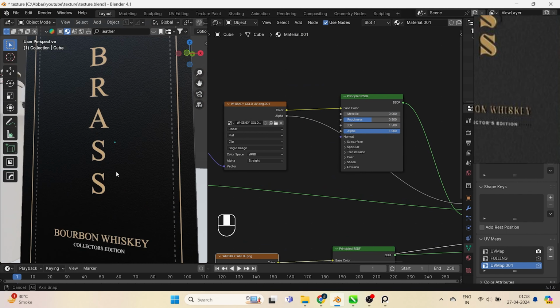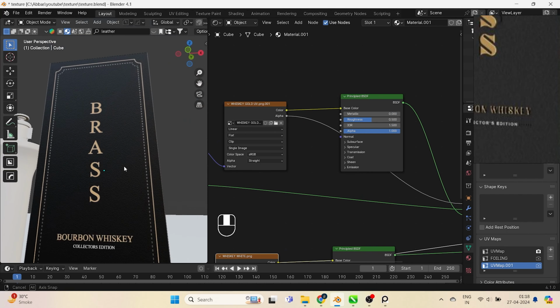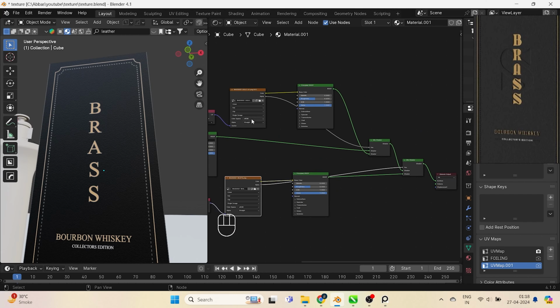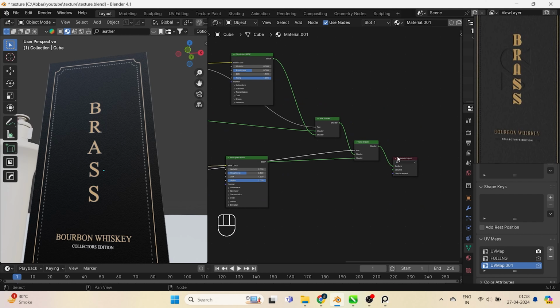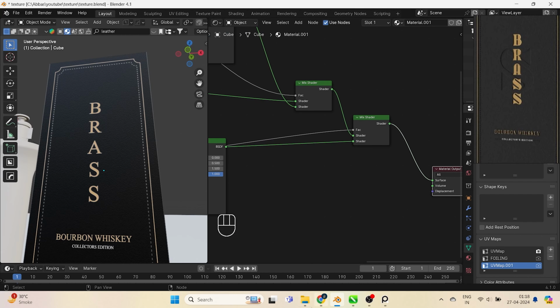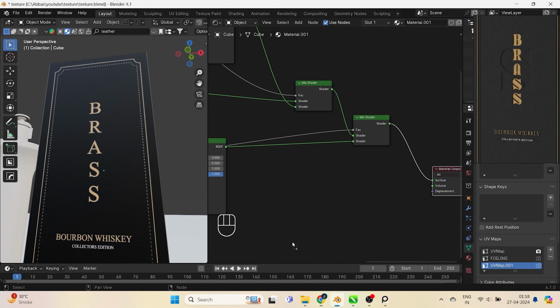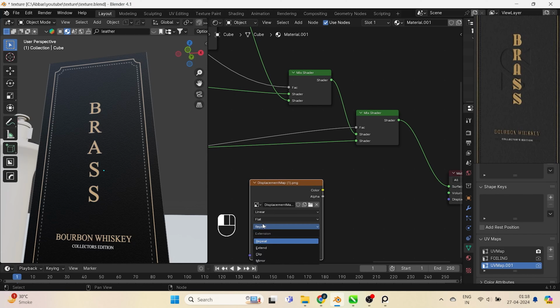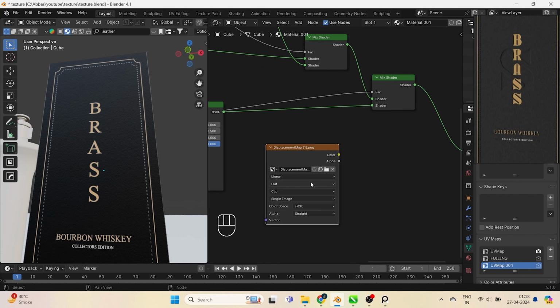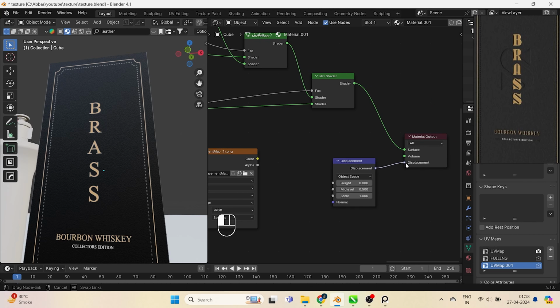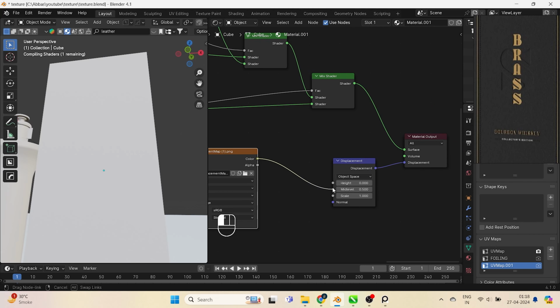Now we have to add our displacement. Can you see this? This is the reason why we had created the displacement map. So first I'll go to downloads. I'll just drag and drop it to over here. Choose clip instead of repeat. Add a displacement node. Now put the alpha